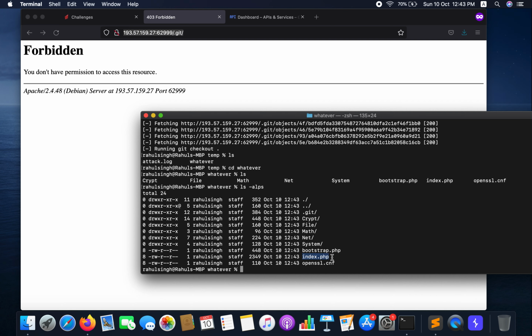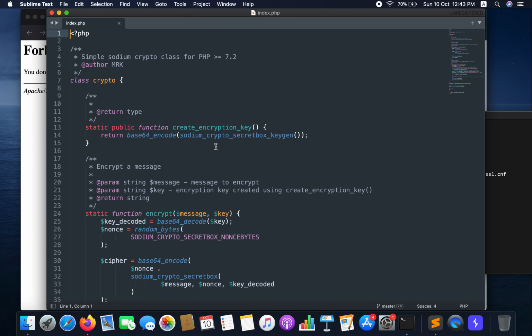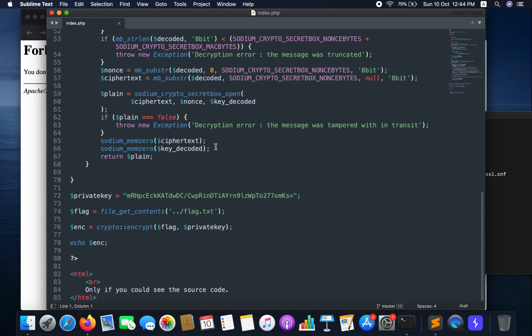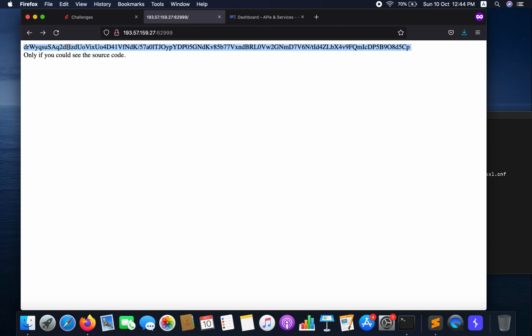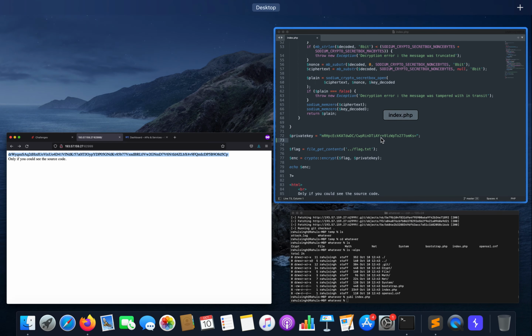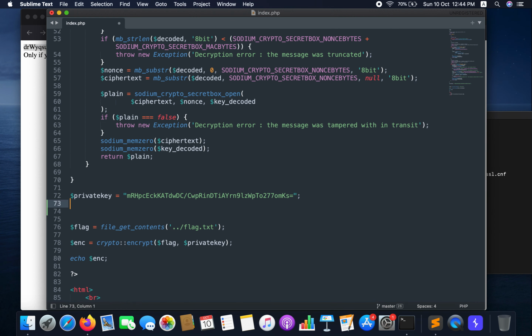This file is supposed to have the source code. So let's use Sublime Text, and as you can see, we get provided with the entire source code. If you look towards the end, you can see that there is a private key as well. So my first thought was that maybe this is the flag. And why did I think that? This is because let me just type in flag.